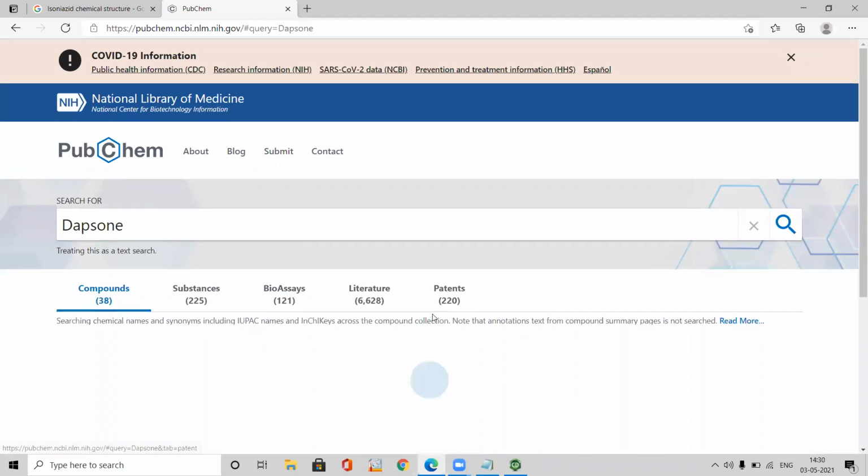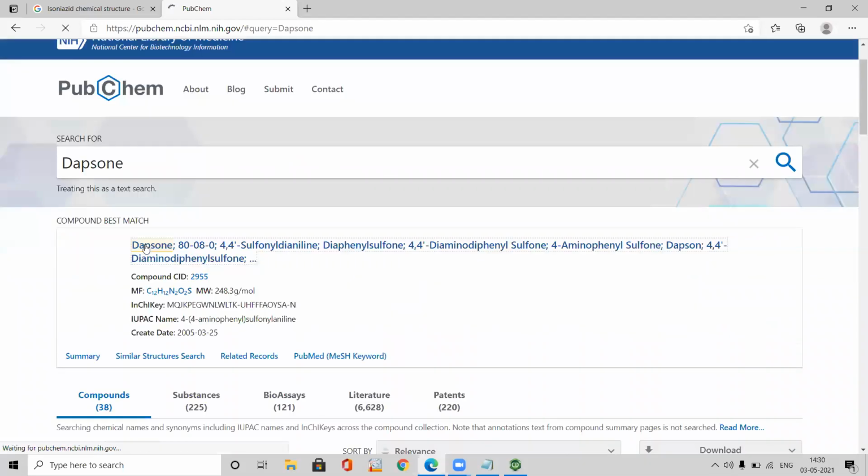So dapsone is the drug that will be used for the treatment of leprosy, Mycobacterium leprae infection, which is the only drug that has been approved for the treatment of leprosy from so many decades onwards. Till now, no specific drug is there for the treatment of leprosy.